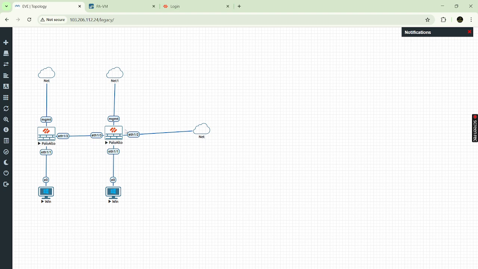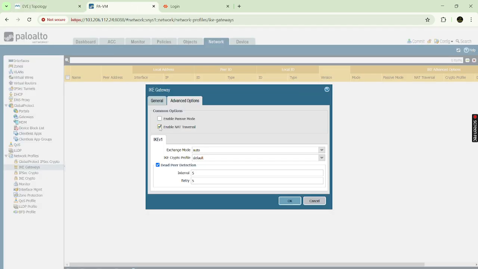మనకి ఇప్పుడు ఈ ఫైర్ వాల్ రెండింటి మధ్యన ఏం డివైస్ లేవు డైరెక్ట్లీ కనెక్ట్ చేసాం బట్ సపోజ్ ఇన్ ద రియల్ టైమ్ సినారియో, if there is any device between, NAT device means the device which is using for NAT translation. If there is any NAT device in between these two sites, these two firewalls, we need to enable NAT traversal on both sides because this IPsec,